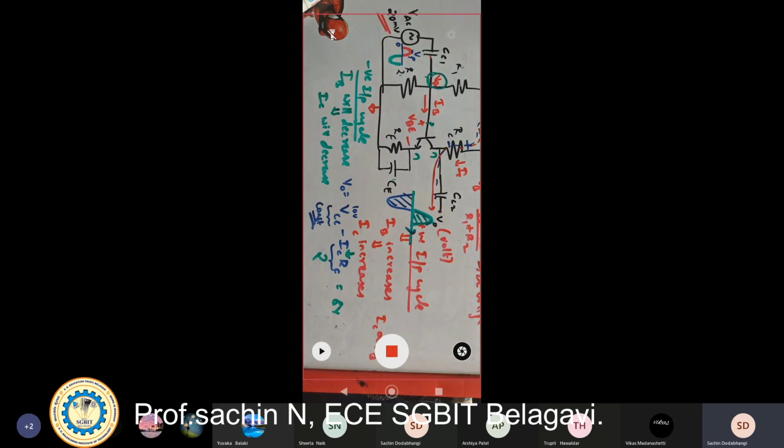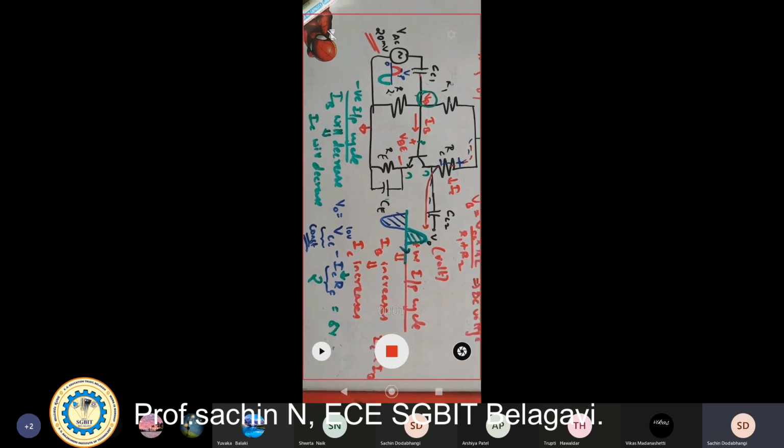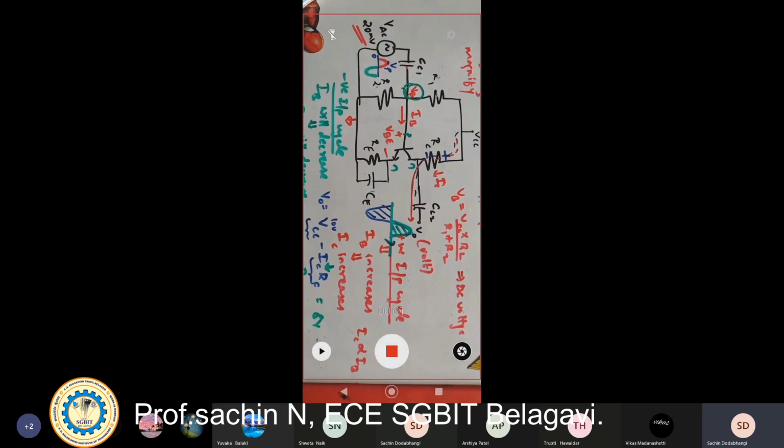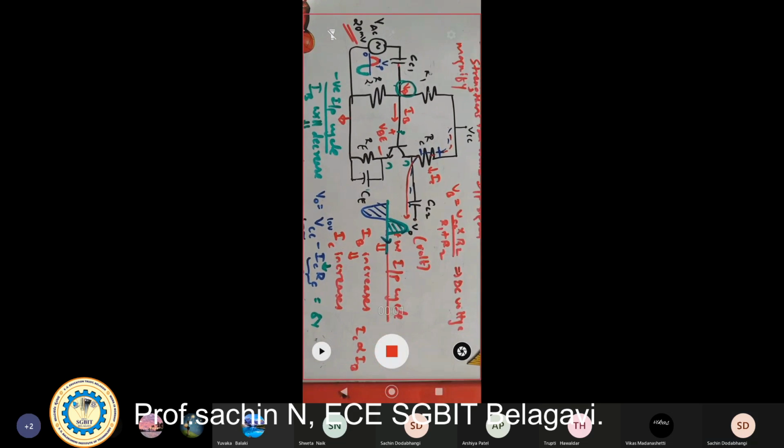Can you tell what these capacitors are called? CC1 and CC2, or C1, C2. Coupling capacitor, right? Coupling capacitor.